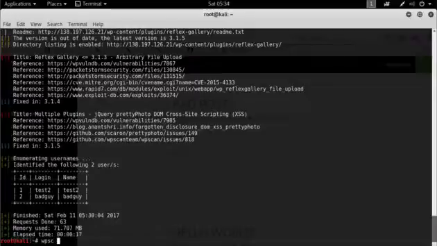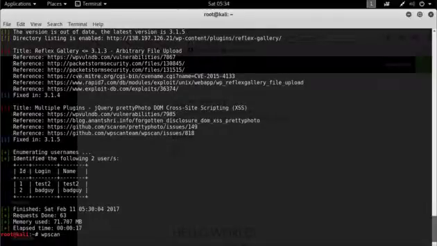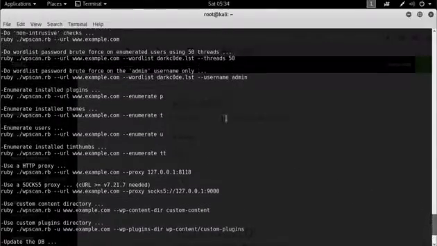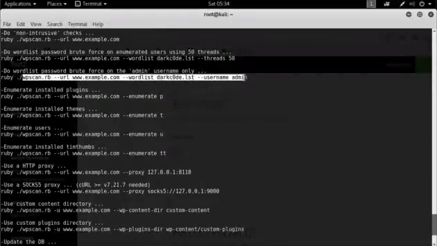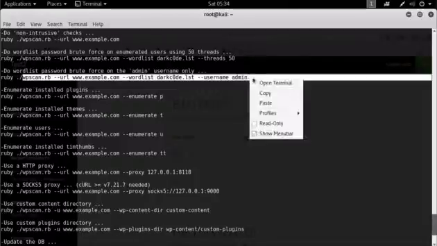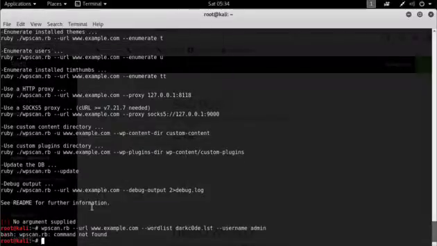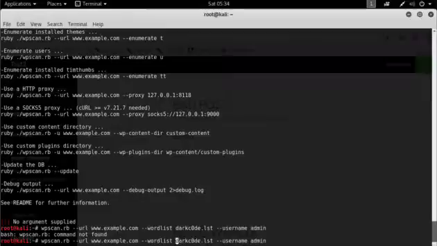Use WPScan again. Let's just look at the actual command. So it's wpscan. Let's just run that. Okay, and if we go to the command a little bit higher up, you can see here, wordlist password brute force attack on the admin username only. So we're going to actually do that. Let's just copy that to make our lives a bit easier, and bring it down to the bottom and paste it. Okay, it's not happy with that, but it's fine because we are actually going to change a